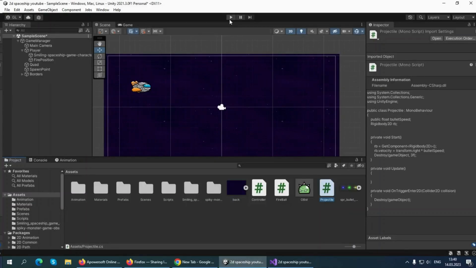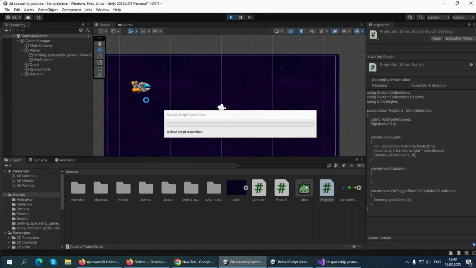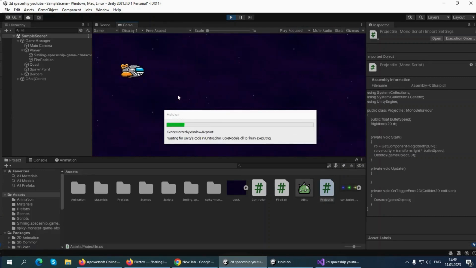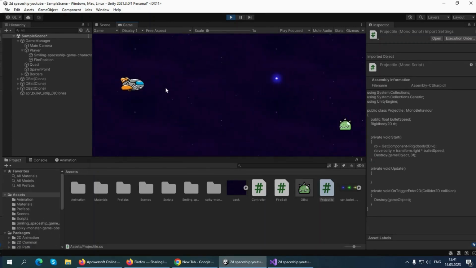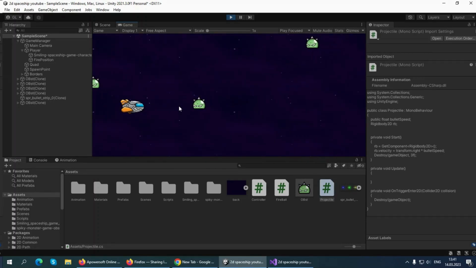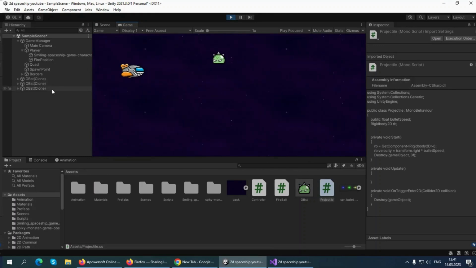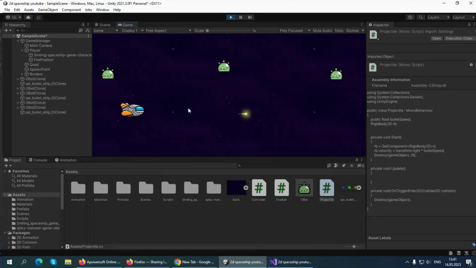And let's save this script and test if everything is fine. Let's start playing and see. As you see, when we kill our enemy, our bullet is destroyed with it. And even when we miss, the bullet will be destroyed after 3 seconds. And that's the way to go. And that's it. Very simple method to create the